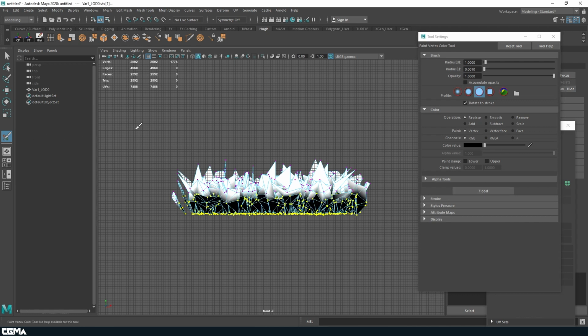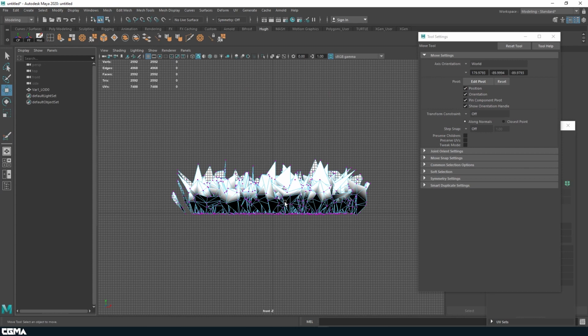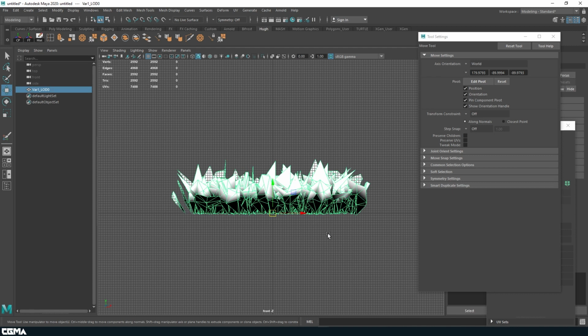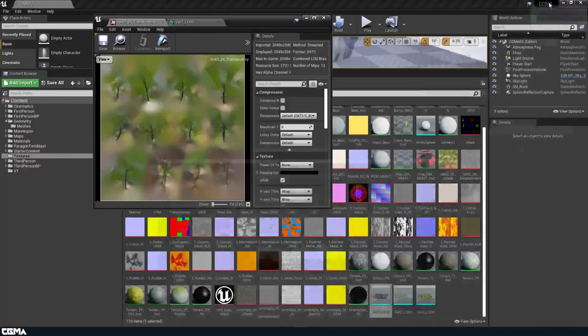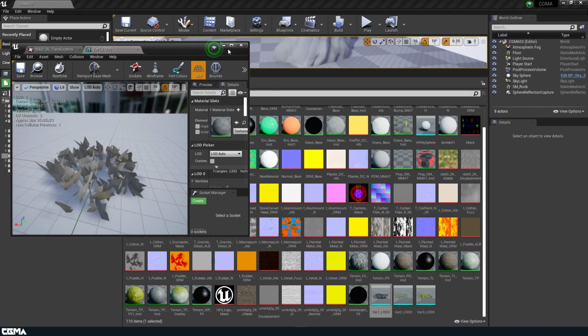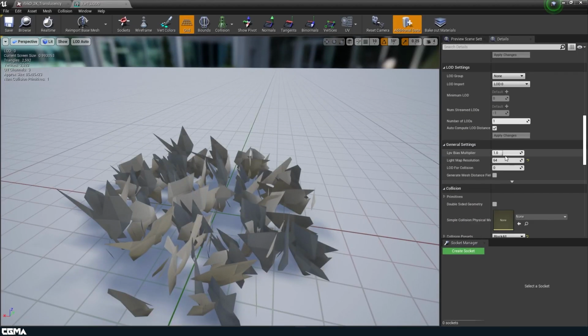And then by default, Maya already kind of smooths out some of these edges a bit, so it's not a harsh contrast. And then I'll just export this as an FBX. And then what I'll do is when I bring in this mesh, I'm going to go down here into